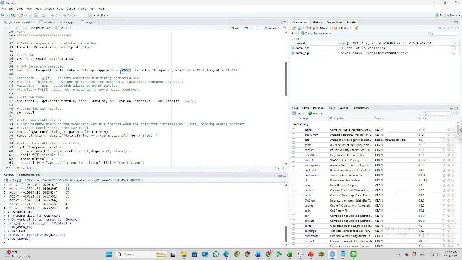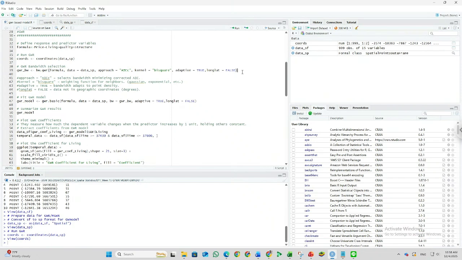So for the bandwidth, we use the AICc to get the best bandwidth. In the bandwidth selection, we do iteration to get the best value of the bandwidth based on the AICc.